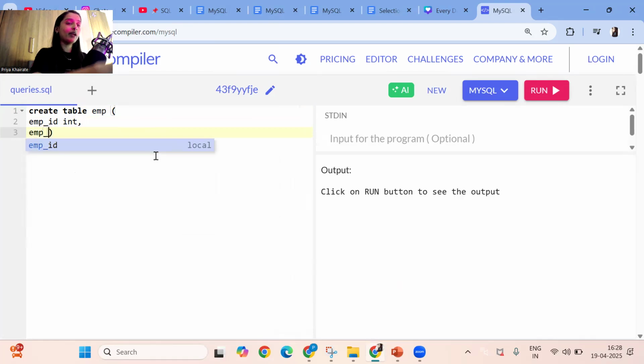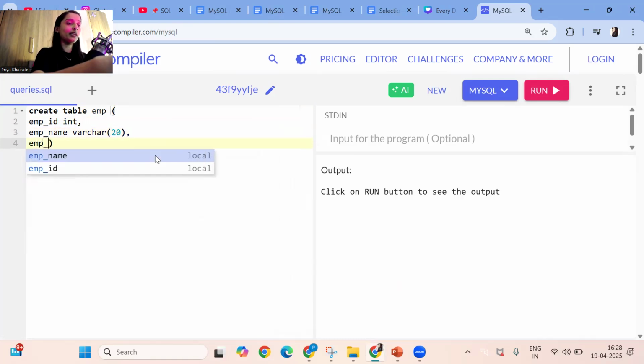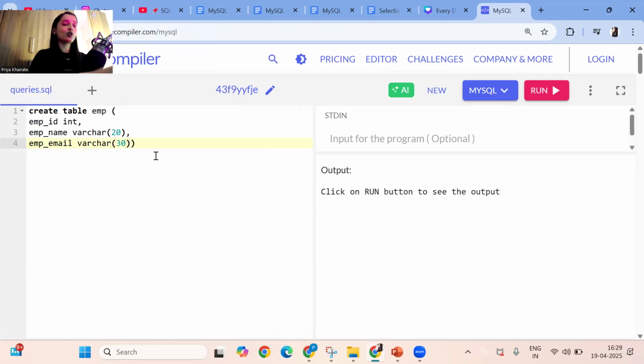Next, employee name, varchar of 20. Next, employee email, here also varchar of 30. What else? If you want, you can give the employee salary also, which is decimal. That's all. I will give the semicolon.